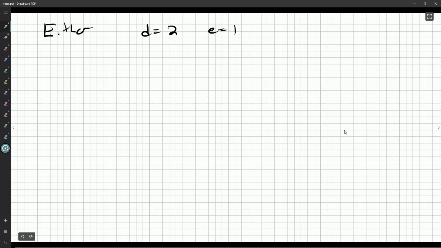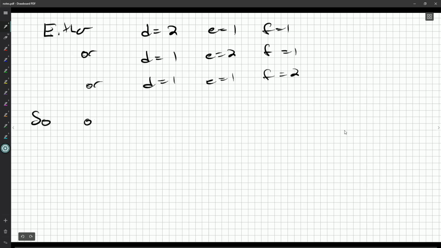So either d is equal to 2, e is equal to 1, f is equal to 1. Or d is equal to 1, e is equal to 2, f is equal to 1. Or d is equal to 1, e is equal to 1, f is equal to 2. There's no other way about this. Okay. So our only possible triples